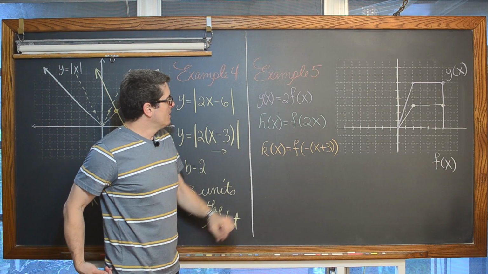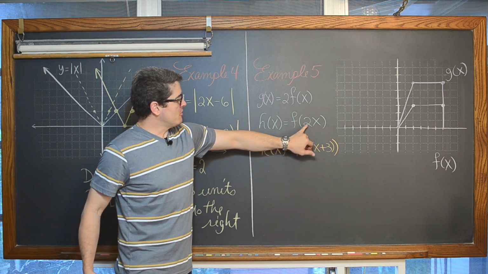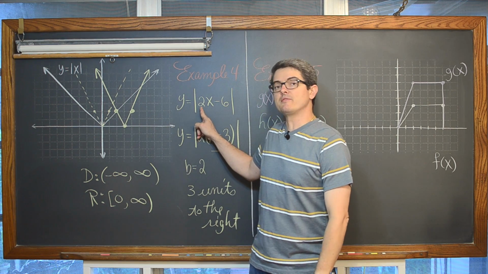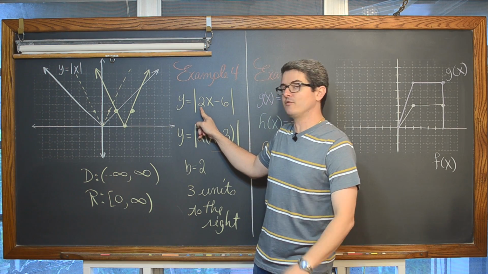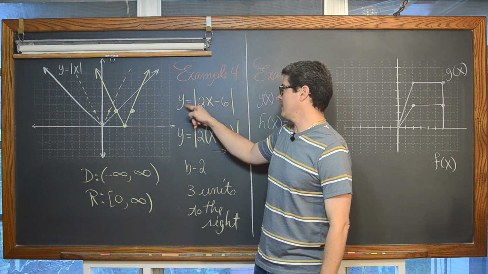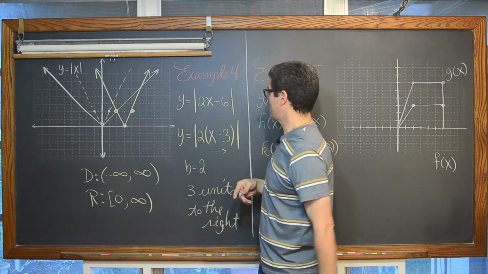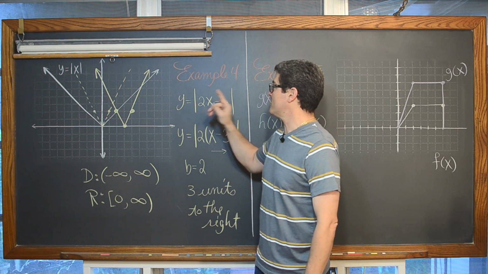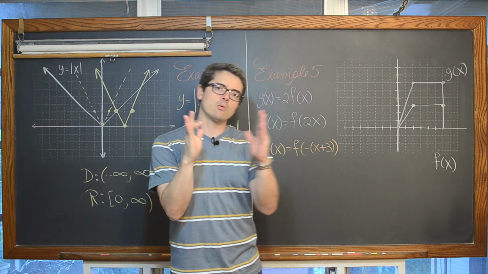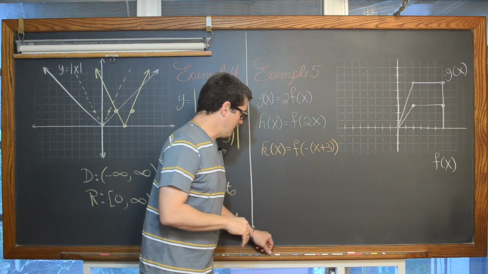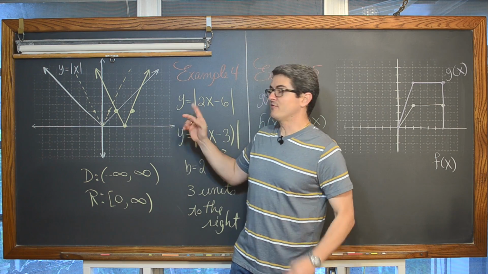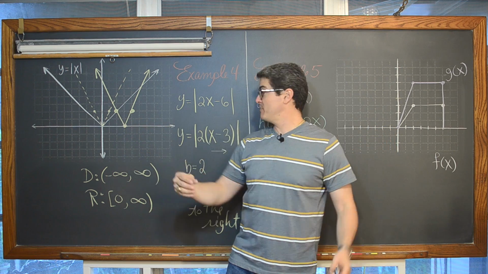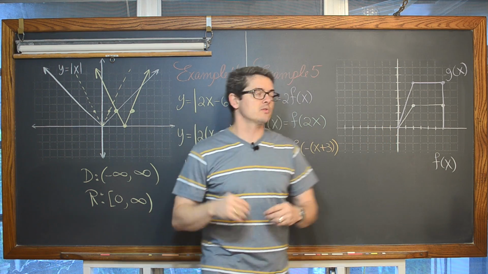Here, now we have a multiple of 2, but it's inside the function, like we have here with our absolute value. It's not a leading coefficient in front of the entire equation, but we have a multiple on our variable x, which is inside the math function, of 2. Now that's a horizontal compression. And if it were a 1/2, then all the points would become twice as far away from the y-axis, because if b is between 0 and 1, it's a horizontal stretch.